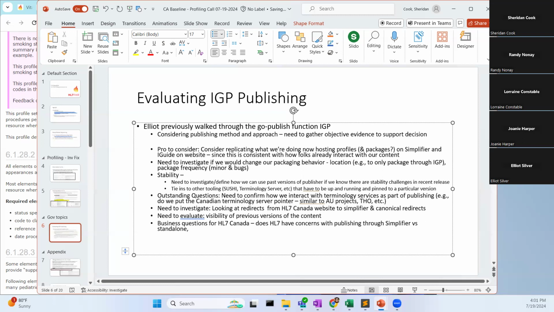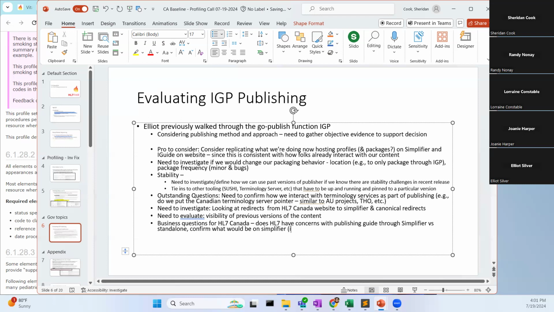And also I think quasi-technical ones too, right? Which is like, I suppose the project would still be visible on the Canadian FHIR Registry, which is first and foremost that we don't fall off of, even if we don't publish our guide through it. Yeah, so would it show up there? If we move everything to the new HL7 Canada website and start publishing only through IG Publisher, what would be on Simplifier? Why would we have content there?